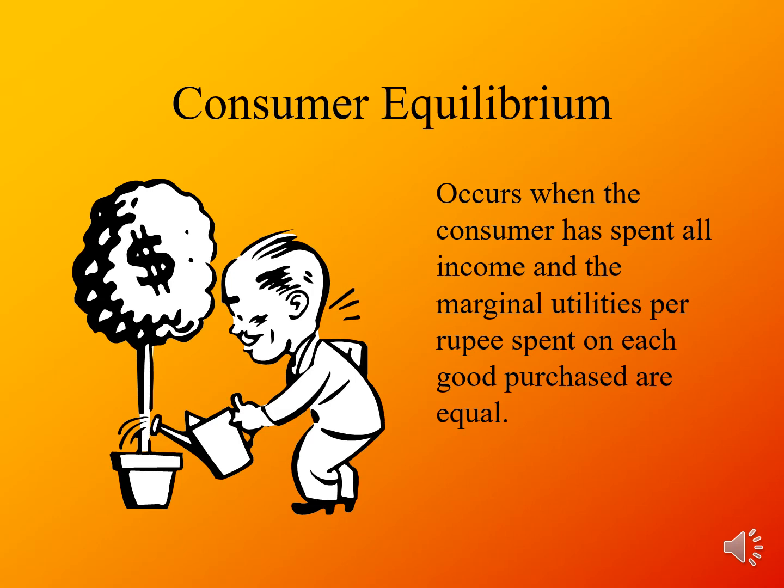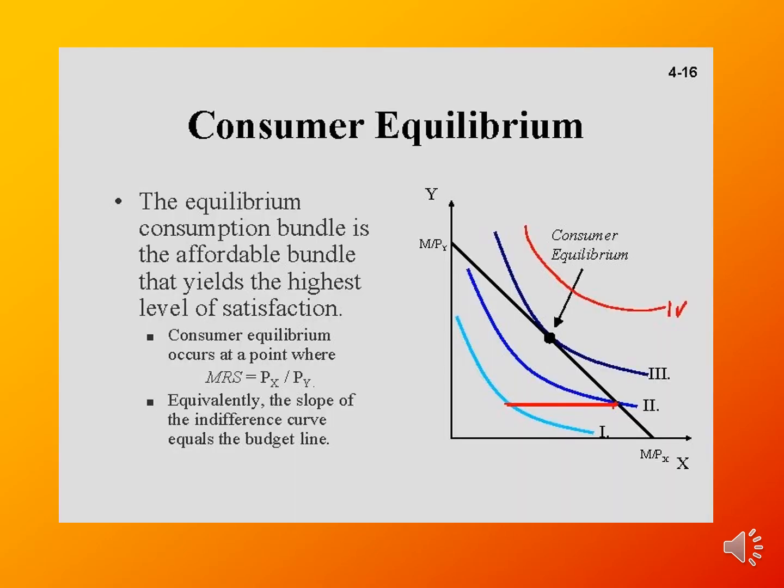So the person will be spending the money so that he will get maximum satisfaction. So he will be selecting those combinations of products which will give him maximum satisfaction. So consumer equilibrium is a point where the consumer gets maximum satisfaction out of the amount or income spent by him. The consumer equilibrium is shown through a graphical representation.